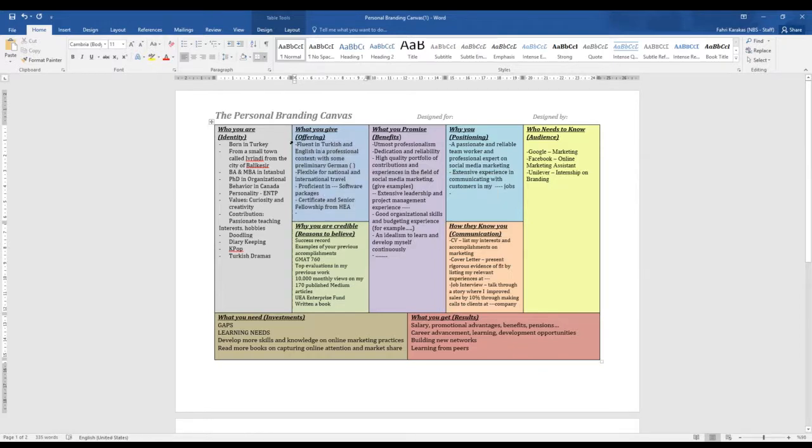For example, languages. You can say, I'm fluent in these languages. I'm fluent in Turkish and English in a professional context with some preliminary German, whatever. You can say you have a driving license, let's say. I'm flexible for national, international travel. I have a driving license. You can say I'm proficient in this and this software. Let's say I'm proficient in using Microsoft Office packages, Word, PowerPoint, Excel,